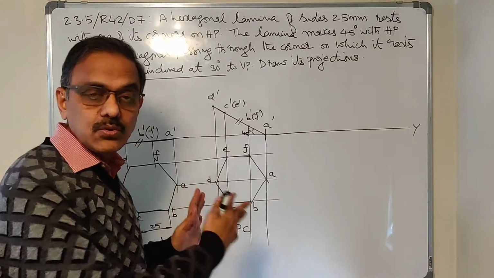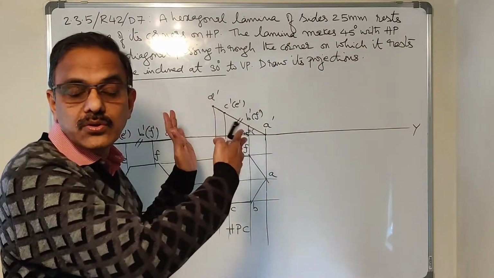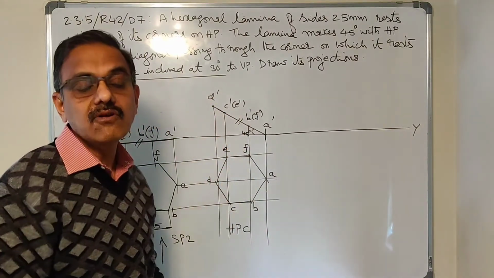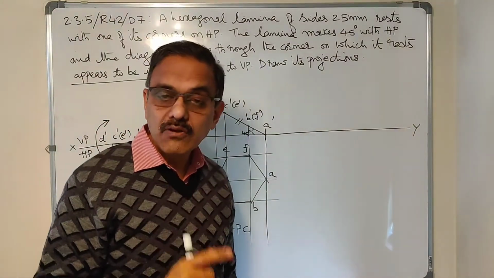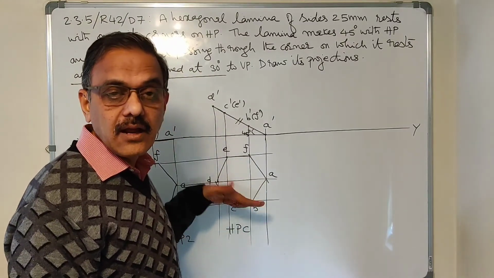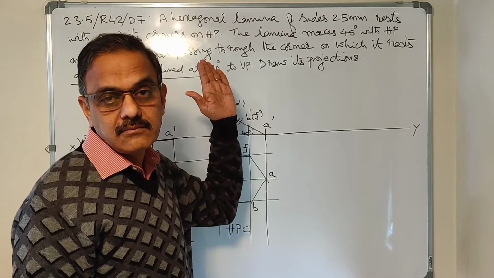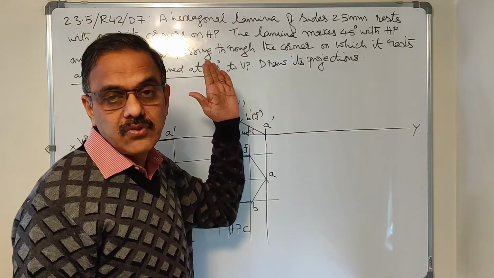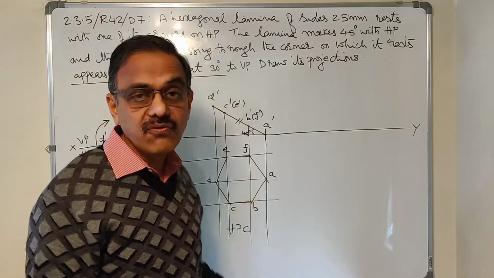Similarly, when the length is true length and when the angle given is true, then also there is no requirement of finding beta. Finding beta arises only when you have an apparent length here and when you are given a true angle. When you have an apparent length here and when you are given a true angle, then you have to find beta.